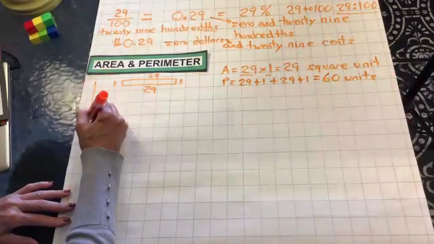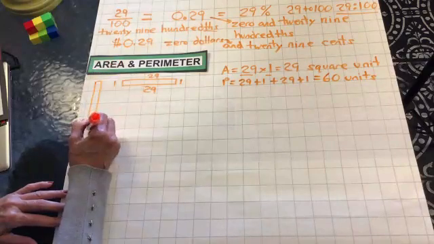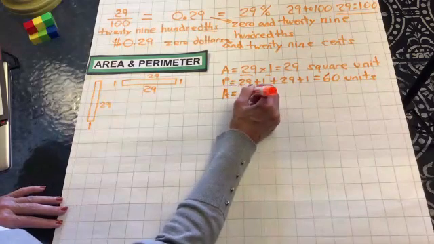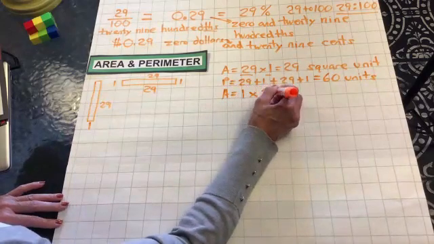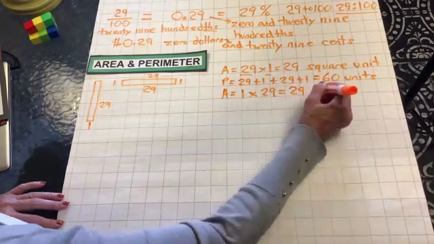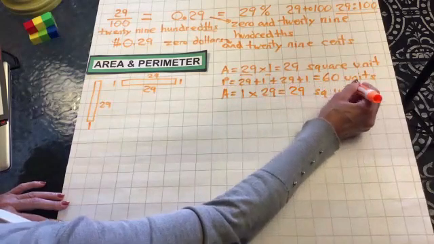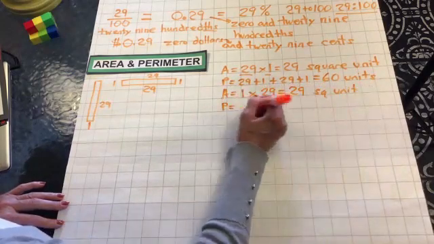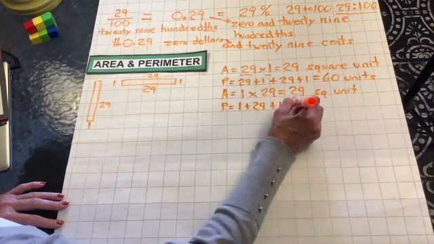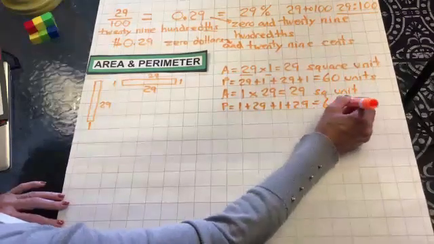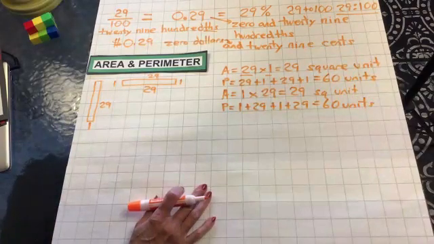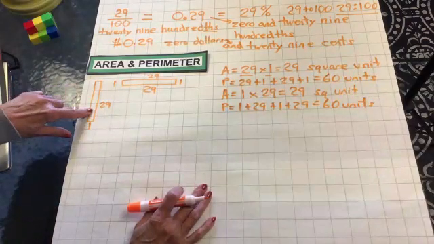All right, let's stand this bad boy up. We have 1 wide by 29 tall. So now it's the same problem. We're just changing up which number is first and second, same square units. And our perimeter would be 1 plus 29 plus 1 plus 29, which equals 60 units. Same. All right, and there's no other factor pair, so there's no other way we can make 29